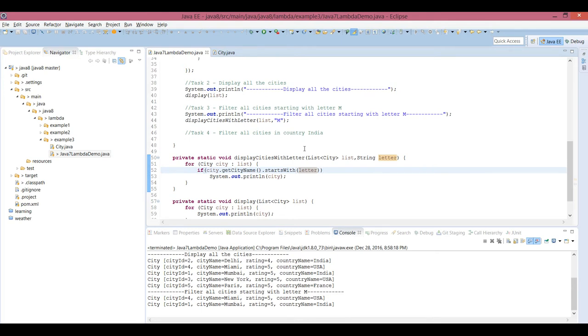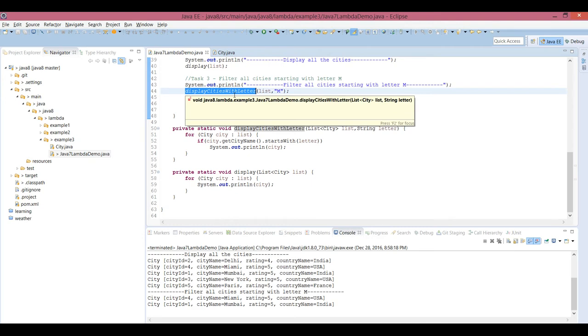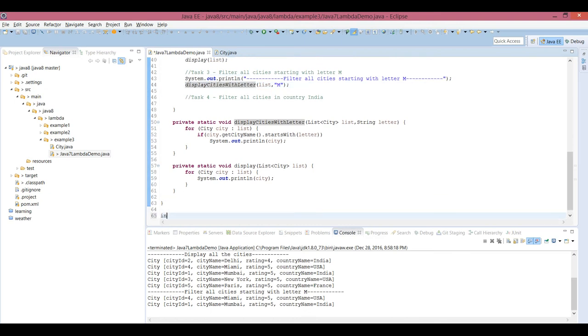However, this approach will not work when we have to filter the cities based on some different criteria, like we have to filter all the cities in country India. This condition will not be satisfied by using this approach. So we need to think of an alternative approach. So what we can do in this case is create an interface. We will be using polymorphism, interface Filter,